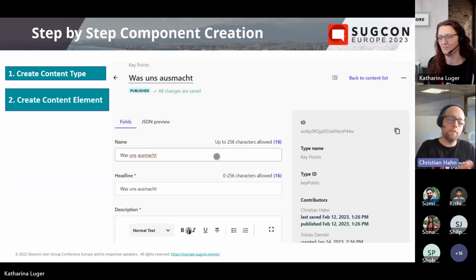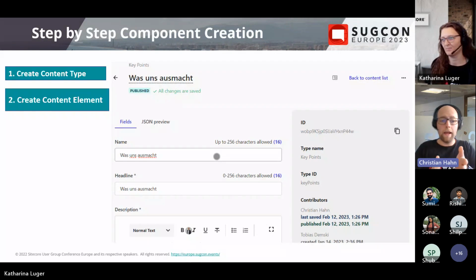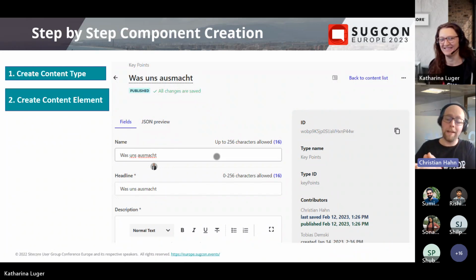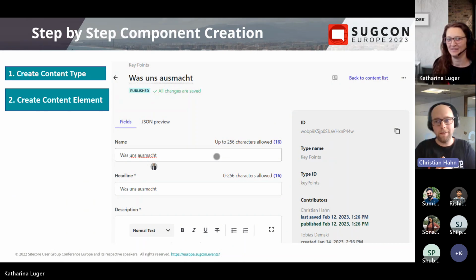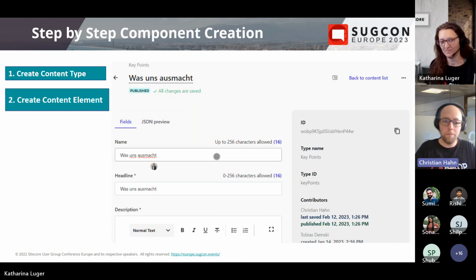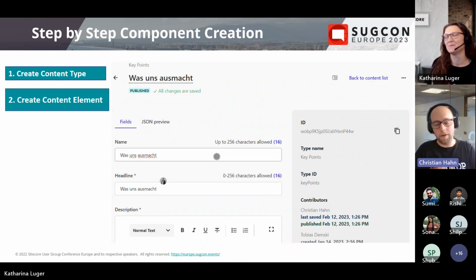Once you have the content type, you can create content elements. And sorry for the German, but this is a German user group website. Until now, again, the limitation, Content Hub 1 is not capable of dealing with multilingual content. But again, it is on the roadmap. It will be published quite soon. But just for this presentation, all the texts are in German. And if wished, I can translate on the fly if there are later on some things which need to be understood. But basically you create a content element, either a test element or the real element of the content type,